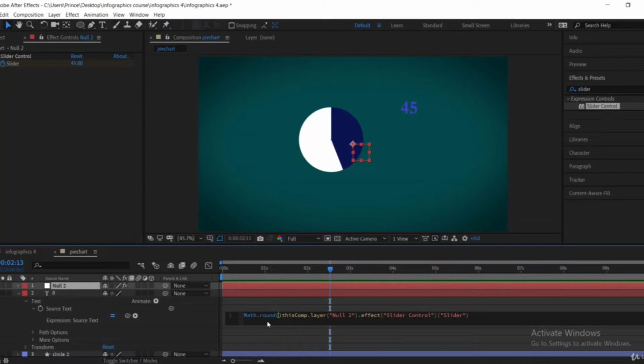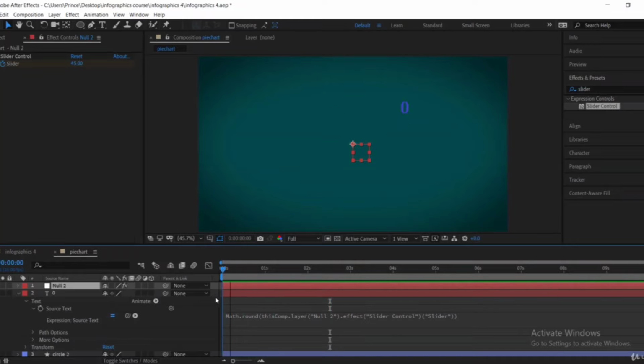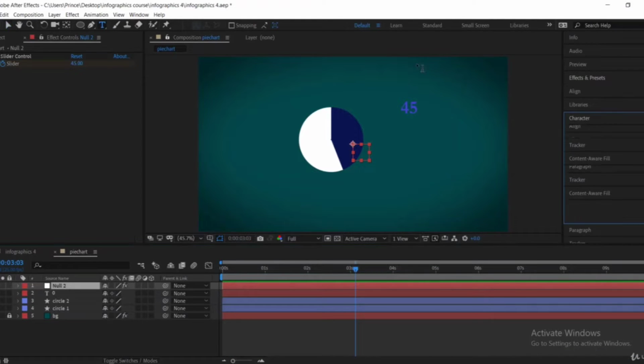Then you can delete this cycle and close. Make sure to open and close here this bracket like this. So now you can see there is not many numbers, so we are going to add other text,